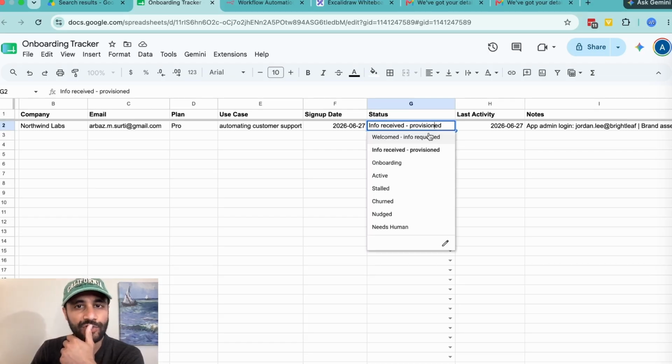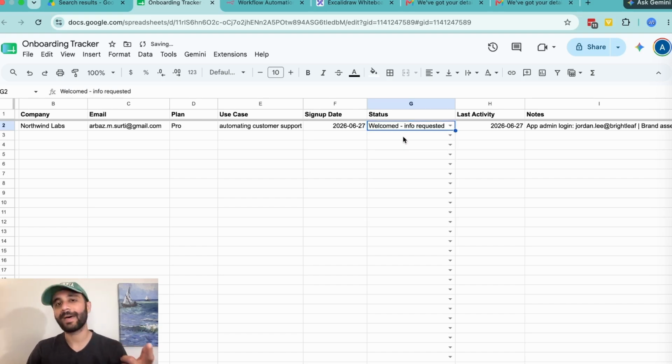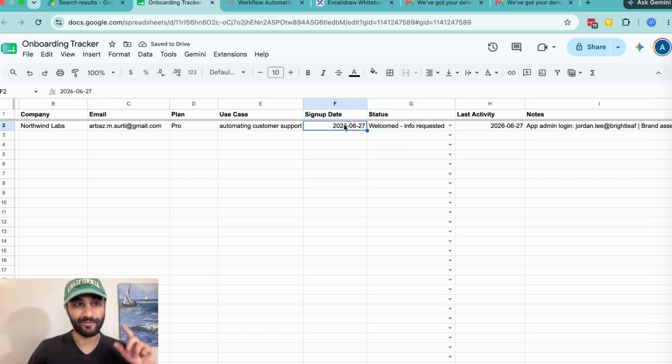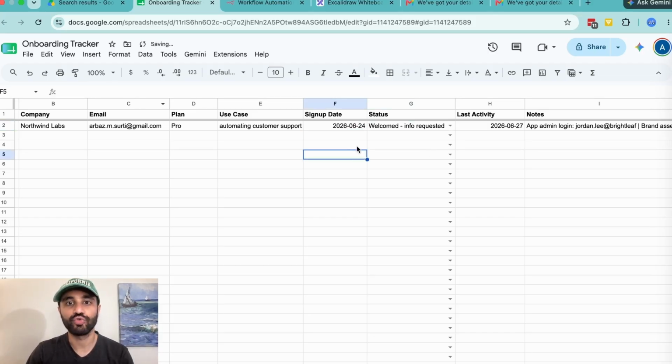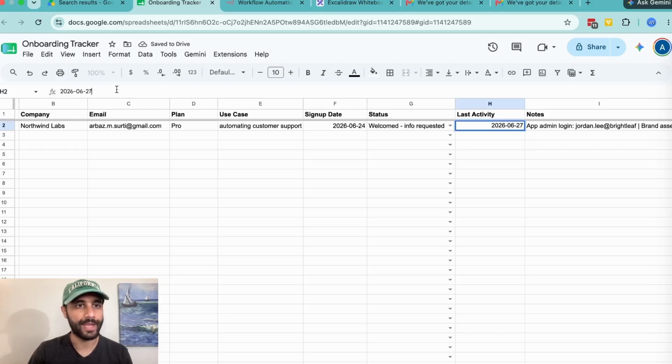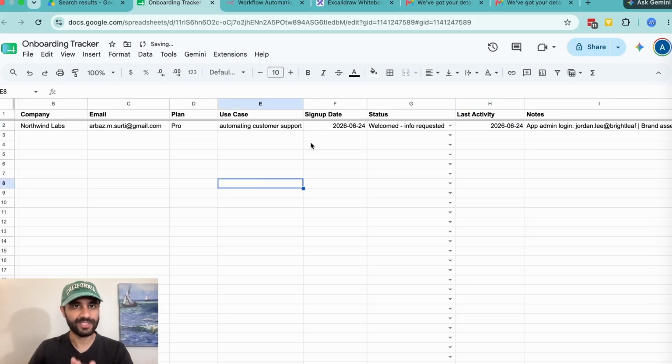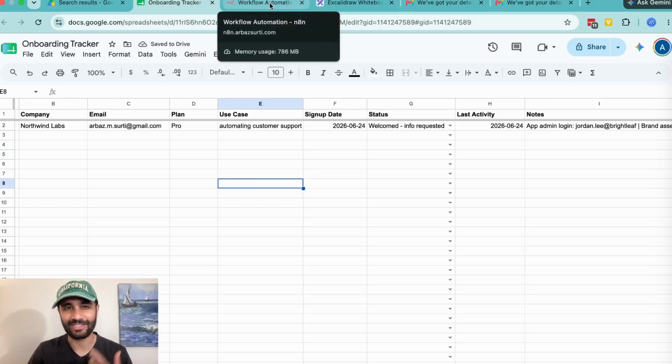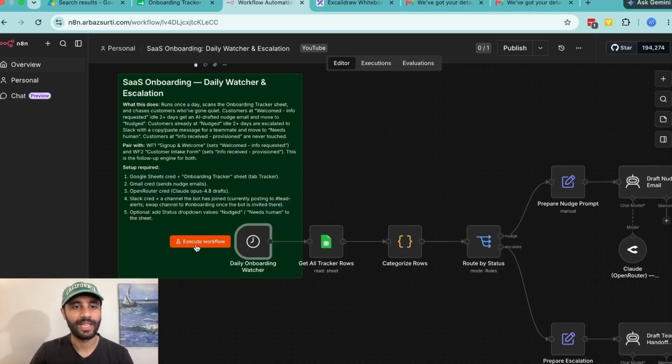And what I'm going to change is the status. So I'm going to move it to the previous status when we had first sent the welcome email. Now this is for us to test the nudge portion of the workflow. So I moved it back to what it used to be when we first sent the welcome email. And then I'm going to backdate this to the 24th, which is 2 days plus from today's date, right? Today's the 27th. So once I've made these changes, and again, this is just to test this workflow, let's try